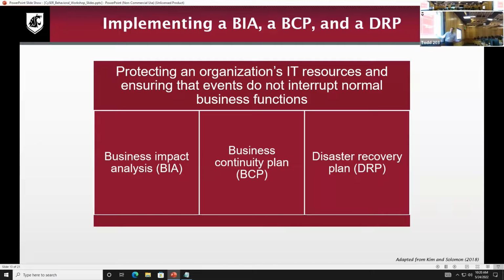How do we deal with phone calls we're getting with everyone complaining? How does that affect our contract? All sorts of things. If these identifiable impacts happen, what does that do to our business? How do we address that? Once we know that, then we can put together what's called a business continuity plan, which is when one of these things happens, how do we keep things going? And we're going to plan these out ahead of time.